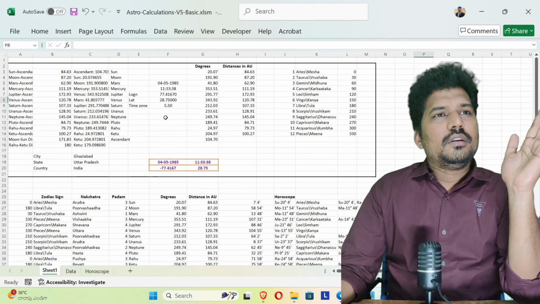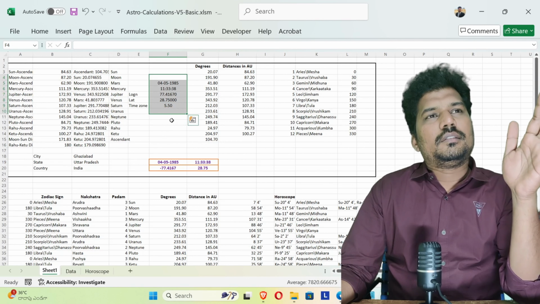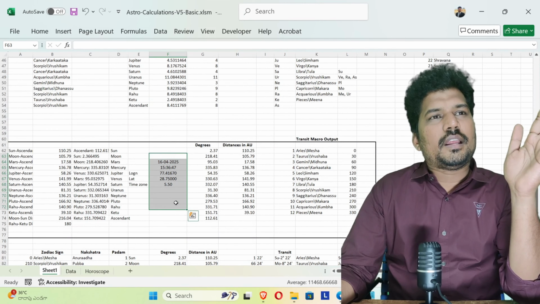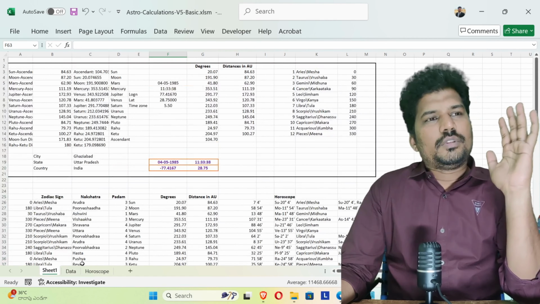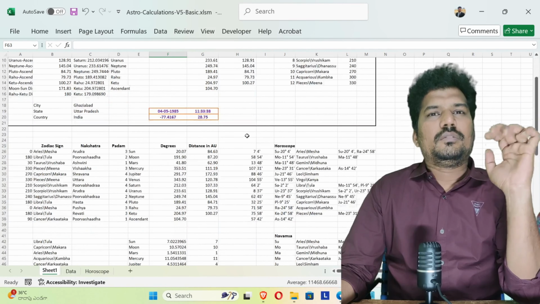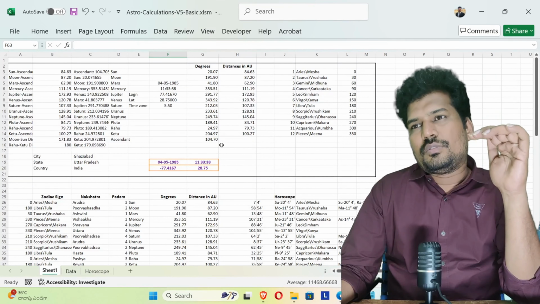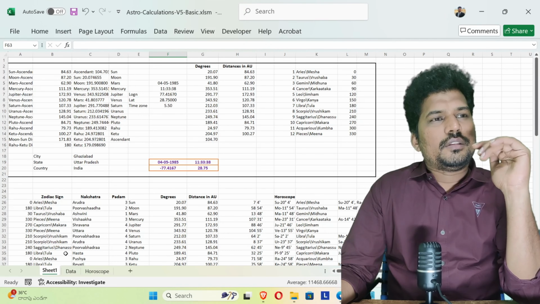These are the basic details for the purpose of chart creation, and here it includes details for transit. You don't need to touch this page at all, you just ignore it. I'm just explaining how the workings are going on as per the macros. So you don't need to touch anything in this sheet.